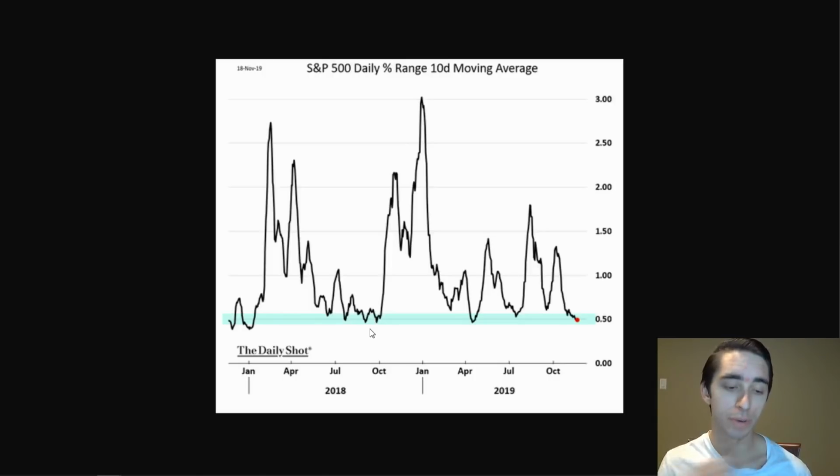This is a similar situation where we hovered within this channel for a good amount of time without any serious breaks outside of that channel around the 0.5 range here in the indicator. And then again, that's when we had this stock buyback blackout period, and we also had some general topping out in equity markets that led to a really stark sell-off